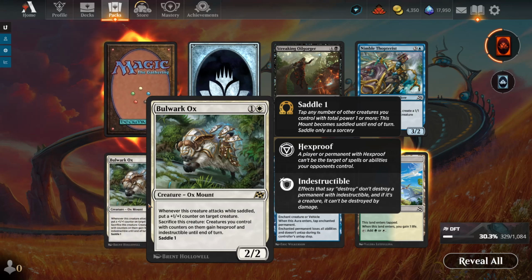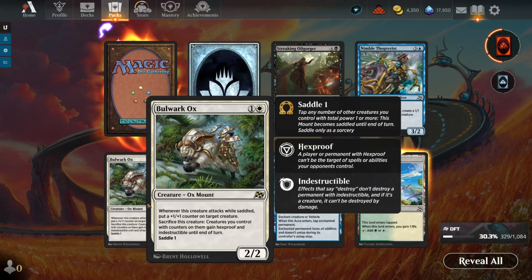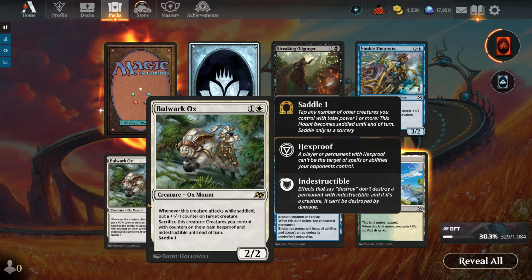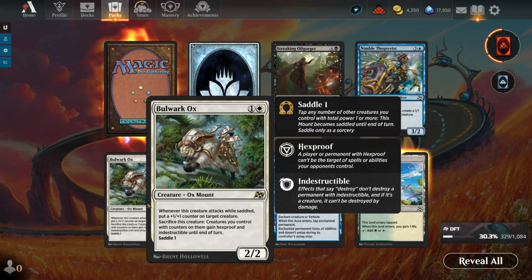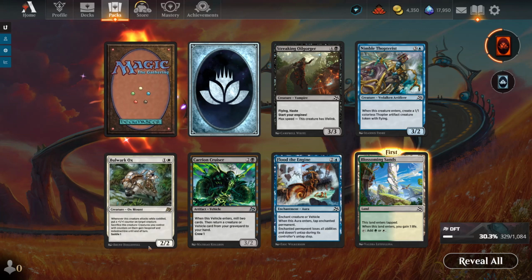Bulwark, Bulwark. I don't know why my Final Fantasy Chocobo is coming out. Ox. It's an ox, okay, with some armor on it and some magic, whatever. Whenever this creature attacks while saddled, put a +1/+1 counter on target creature. Sacrifice this creature: creatures you control with counters on them become hexproof and indestructible until end of turn. Saddle 1. I like it. Again, I really don't like creatures that can't stand on their own. But that one, as a way to avoid wipes, that's pretty good. It seems kind of murky,